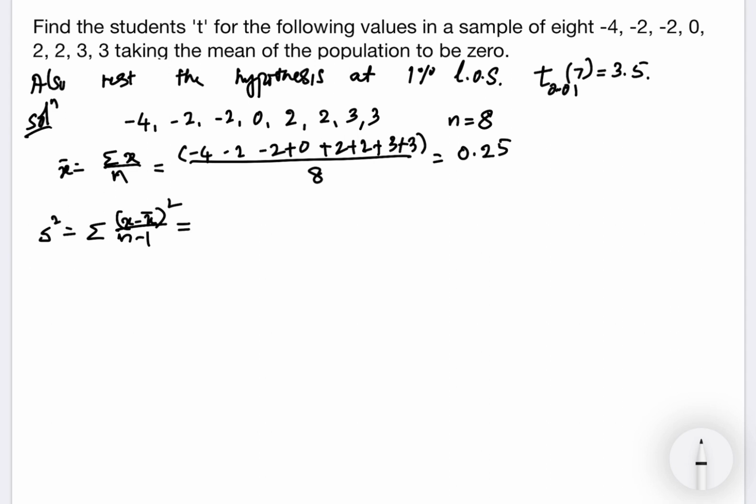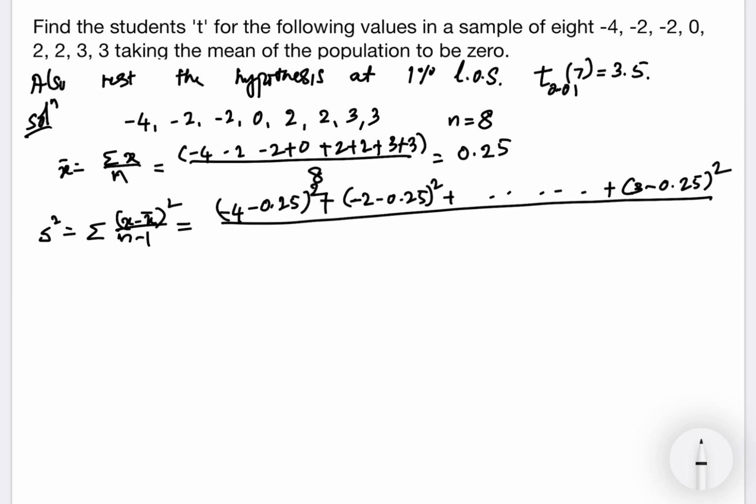minus 1, which is -4 minus 0.25 whole square plus -2 minus 0.25 the whole square plus so on, and the last value will be 3 minus 0.25 the whole square, divided by n minus 1, which is equal to 7, and this is found to be equal to 7.0714. The test statistic t is given as x minus mu divided by s over root n, which is